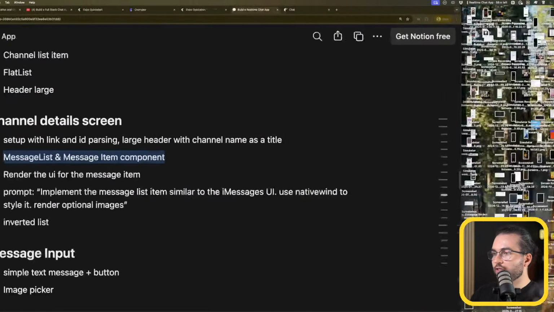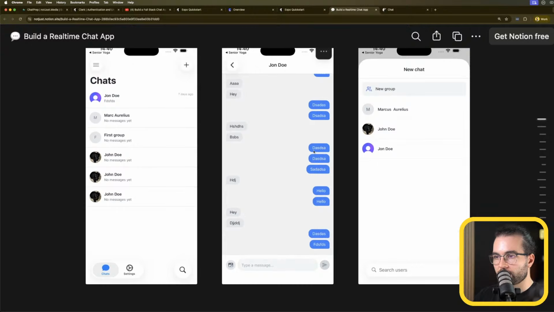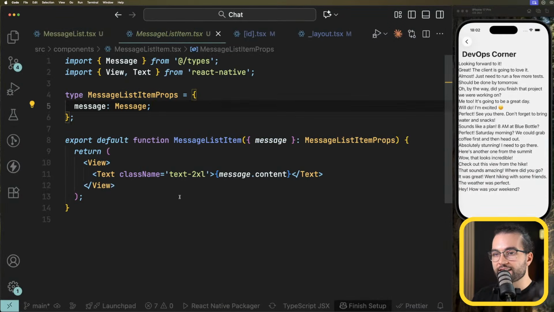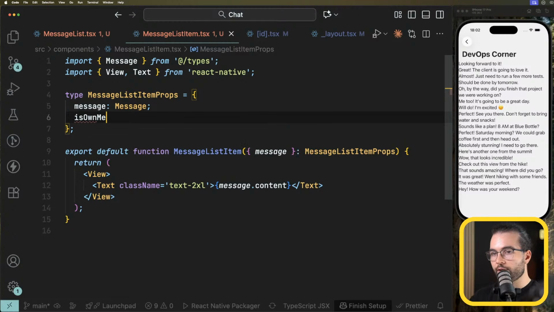So what it's going to have here, the message. It's going to be a background, depending on if it's our message or not. So let's say that the message list item is not going to know if it's our message or not, but it's going to receive it as a prop. Is own message